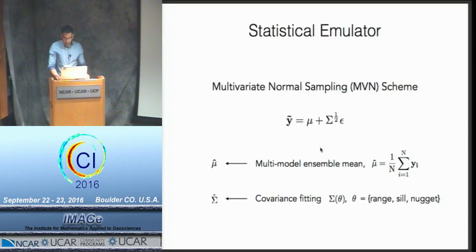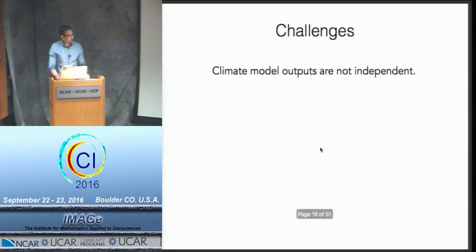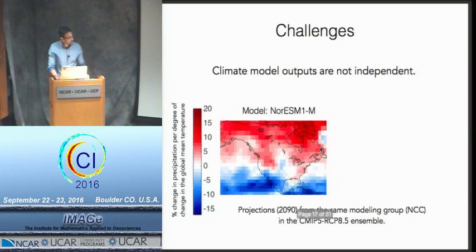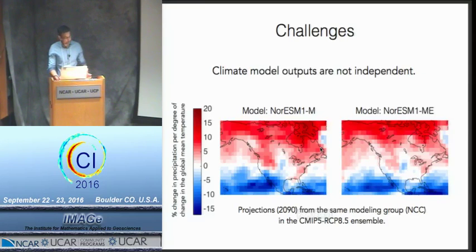But different climate model outputs in the same ensemble have dependencies, such that they share the code, they share the data, and many of the components. For example, this image shows the output from the Norwegian Climate Center, which is in the CMIP5 ensemble, and another ensemble member from the same group, which uses a component of biogeochemical cycling, shows a similar output in the same ensemble. So to address this issue,